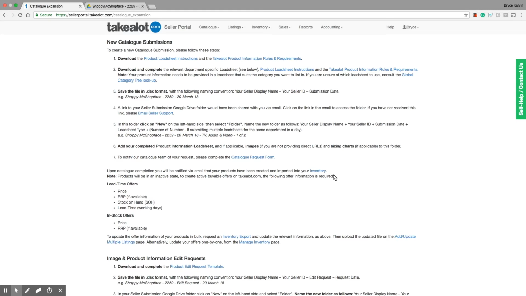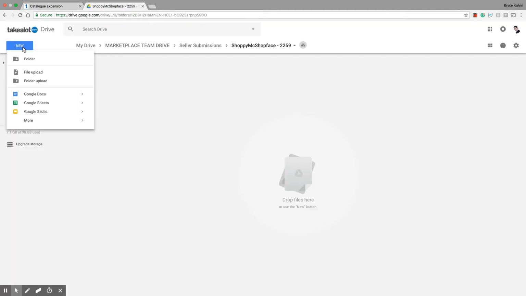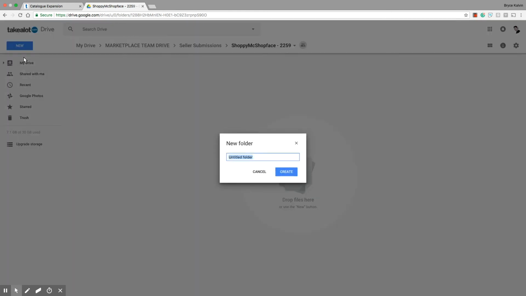So once you've filled in the load sheet, you're going to save it in your allocated seller submission folder. A link would have been emailed to you by your account manager. If you don't have access to your folder, contact your account manager or seller support to access the link. In this folder, you're going to click on New, select Folder, and then name the new folder as follows: